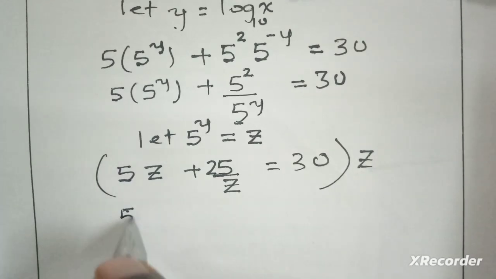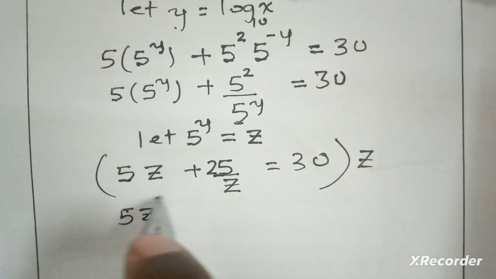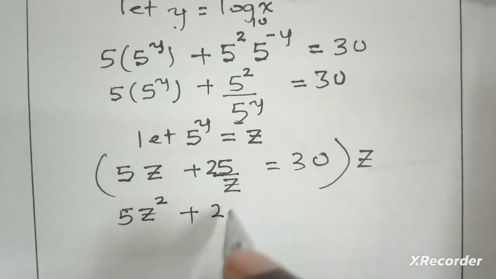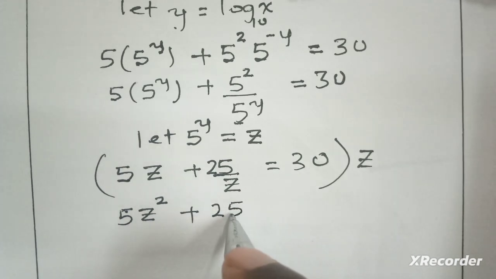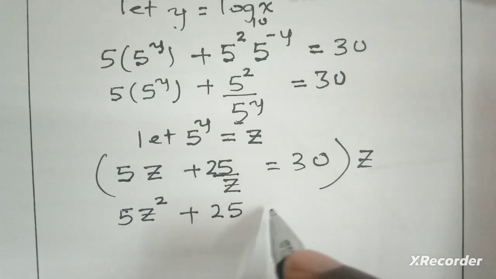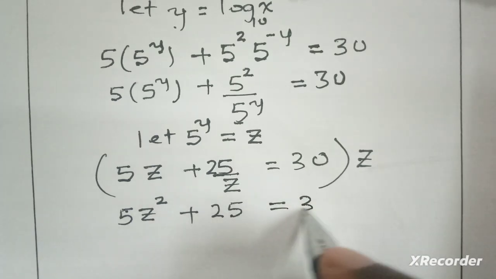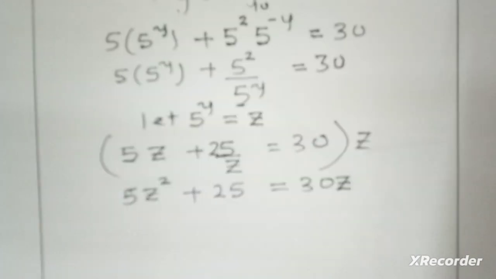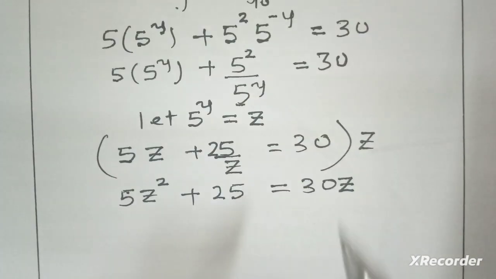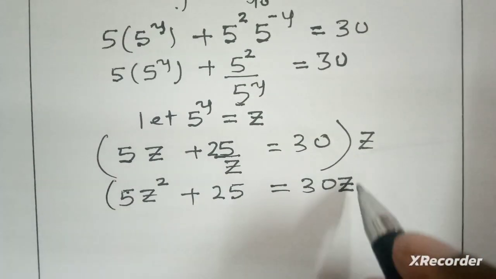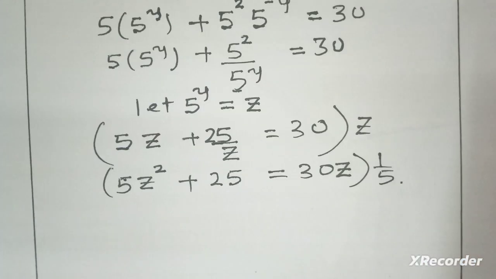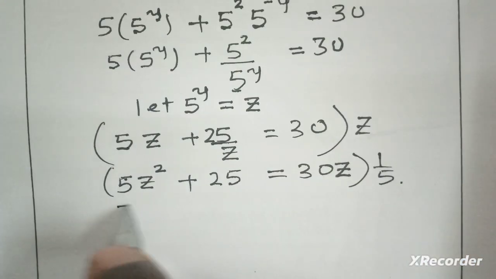Then I have 5z squared plus 25, equals 30z. Before I continue, I can cancel by 5. I can divide all of it by 5, so that now I'll get z squared